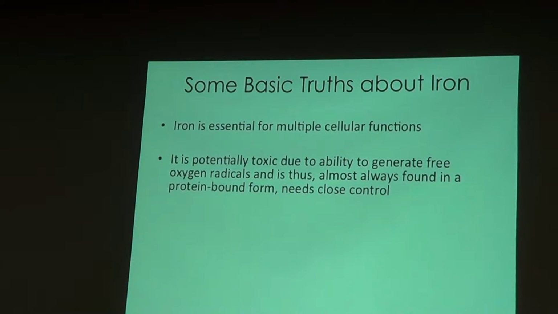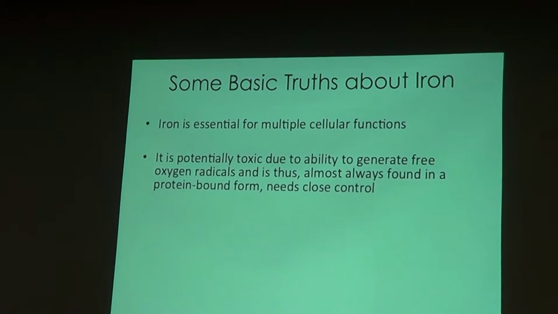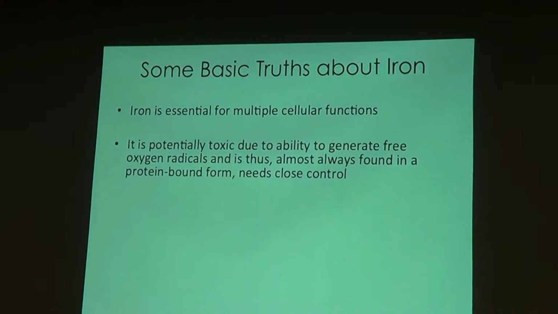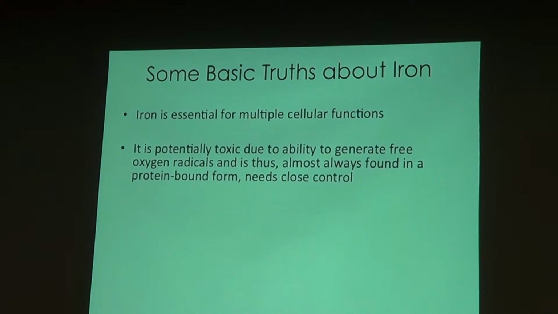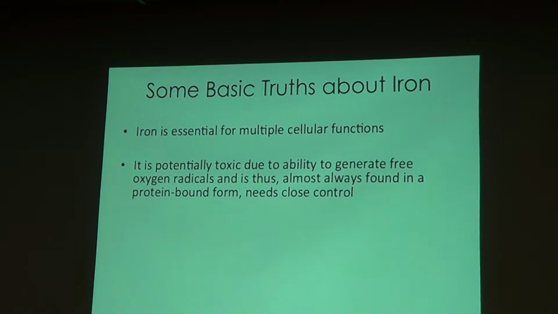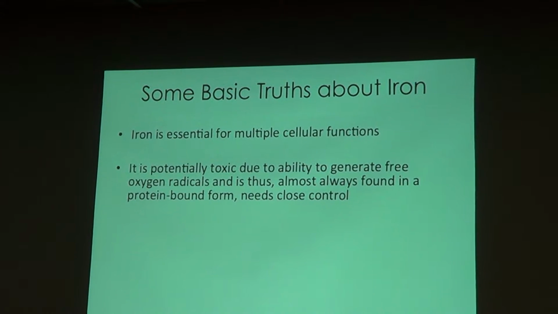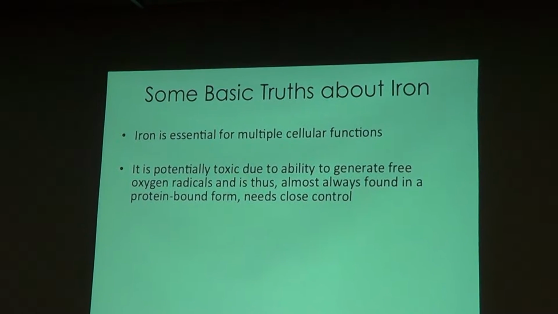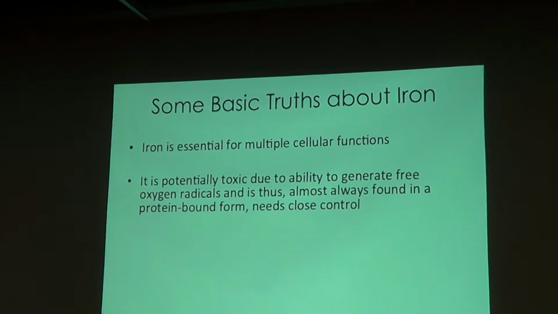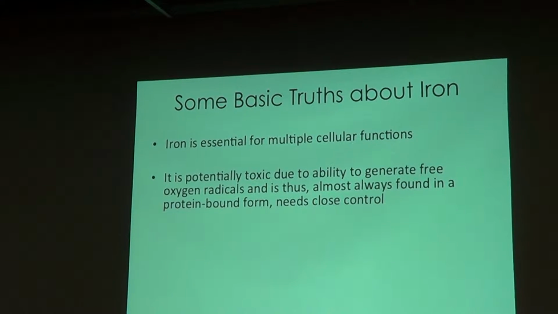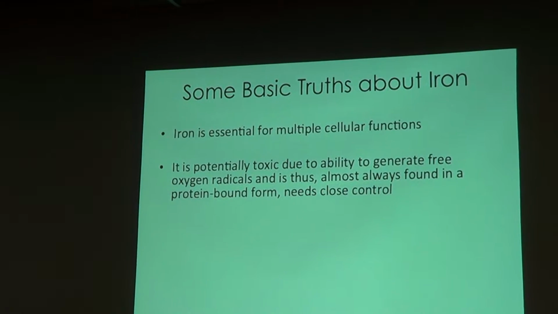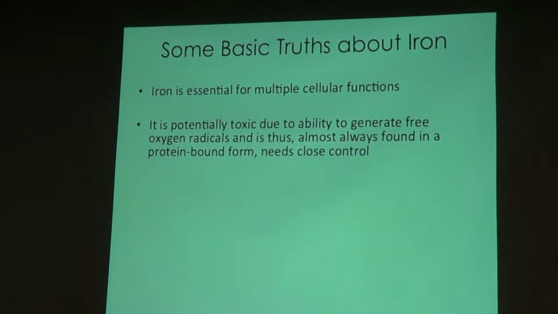The difficulty is that iron, because of its very nature, is a good and bad thing. In too high concentrations or not in the right control, iron actually becomes very toxic to the body as well. So as a result, our body has developed a lot of mechanisms over evolution and time to try to keep iron in a very regulated manner so you can't cause more damage. And this is also one of the reasons why it becomes difficult to absorb iron, to get iron into the body, because the body is protecting itself from taking in too